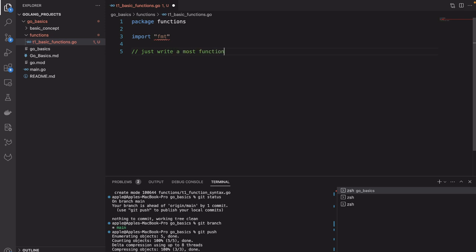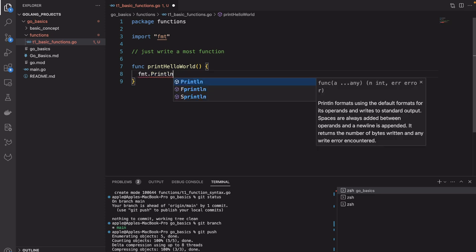So we all write the hello world program inside the main function, but I want to basically abstract it out. So let's see how we can do it. So how do we write functions? We have to use the func keyword, then the function name. Because I'm writing the hello world function, it's going to be print hello world, and I'm not going to pass any argument as of now. And this function is going to just do a simple task, Println